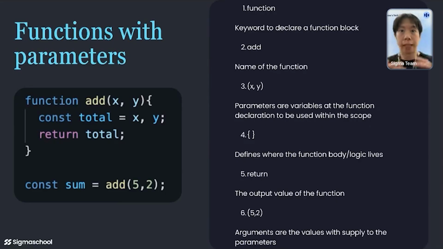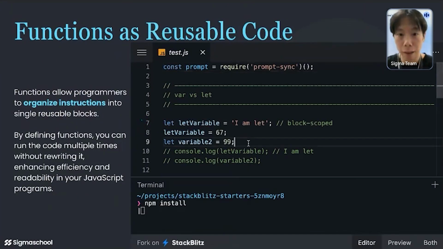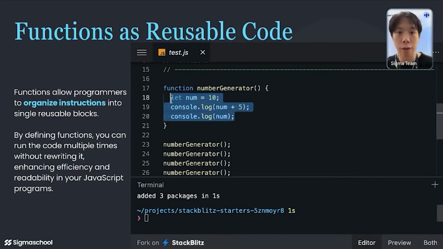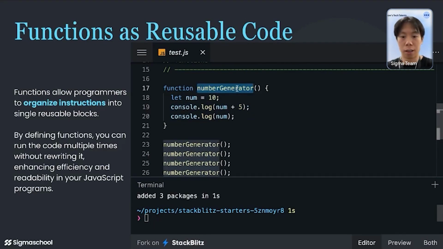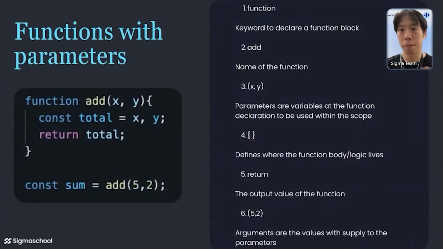If it's going to take in some value to run the same functionality that you stored inside, then I would say you need a parameter, if you're always going to take in different values. If it's something that you do continuously, for example a number generator, then you're always going to be generating the same number, right? Actually, in this case, number generator is not the best name, but if you're going to be generating the same number, then you don't need to add a parameter. So it's optional. It really depends on what use case you want that function to give you, right? Does that make sense?